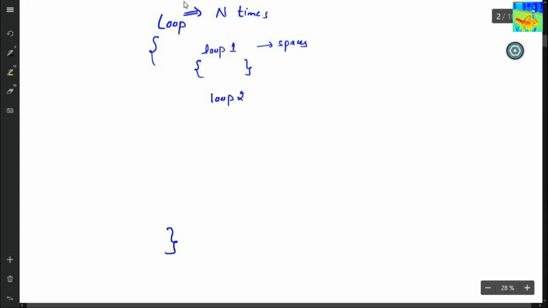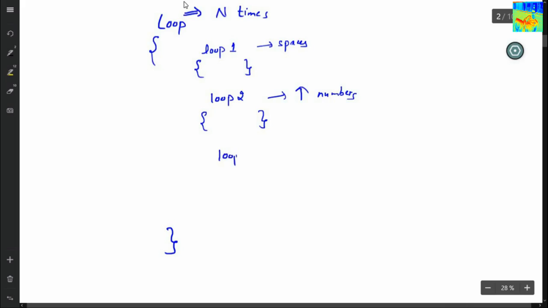So in total, I will be using 4 loops. This is the loop that will run n times because I have to print n rows. Then I have loop number 1, which will print spaces. Then loop number 2, which will print increasing numbers.